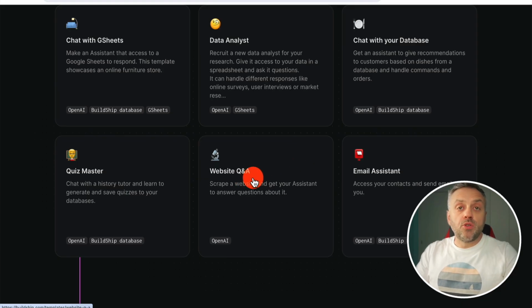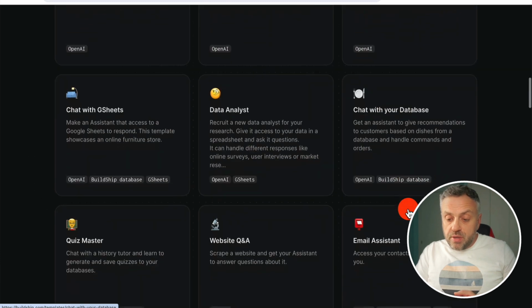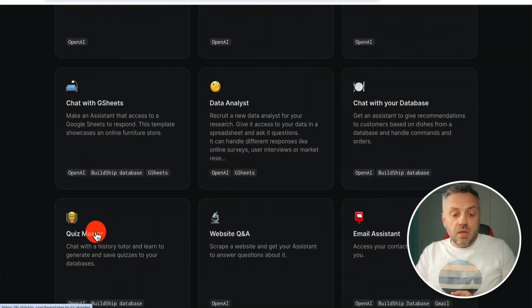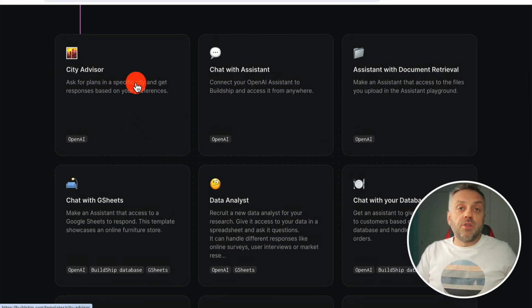Now, this website Q&A BuildShip workflow is just one of the many workflows that you can create with BuildShip that provide a unique experience to your users. So you can create things like an assistant with document retrieval. You can chat with your database. You can create an email assistant like Quizmaster, a chat with G Sheets, a city advisor. You can create all kinds of amazing assistants or custom ChatGPT instances that do something specific according to your own